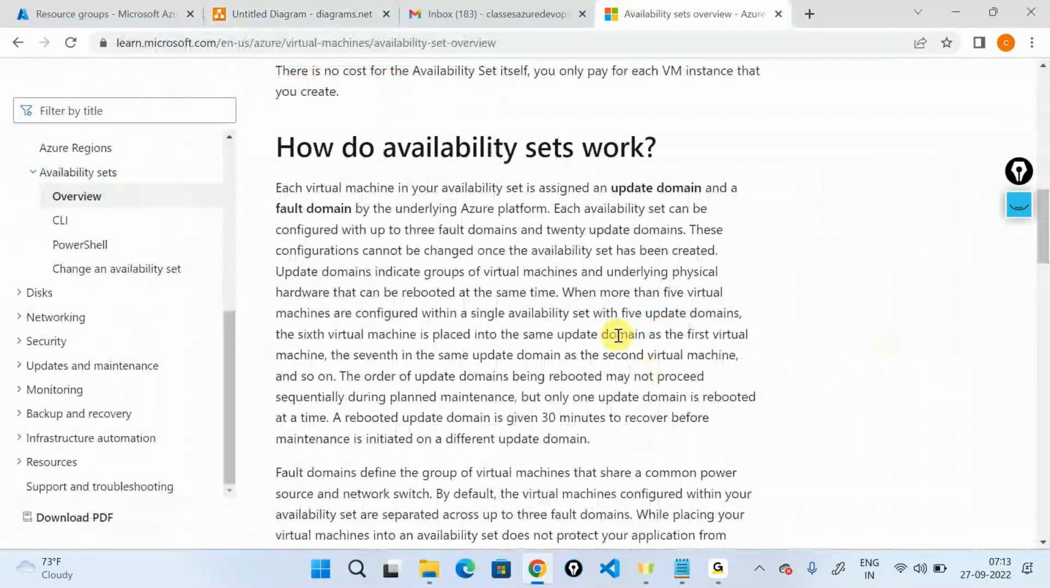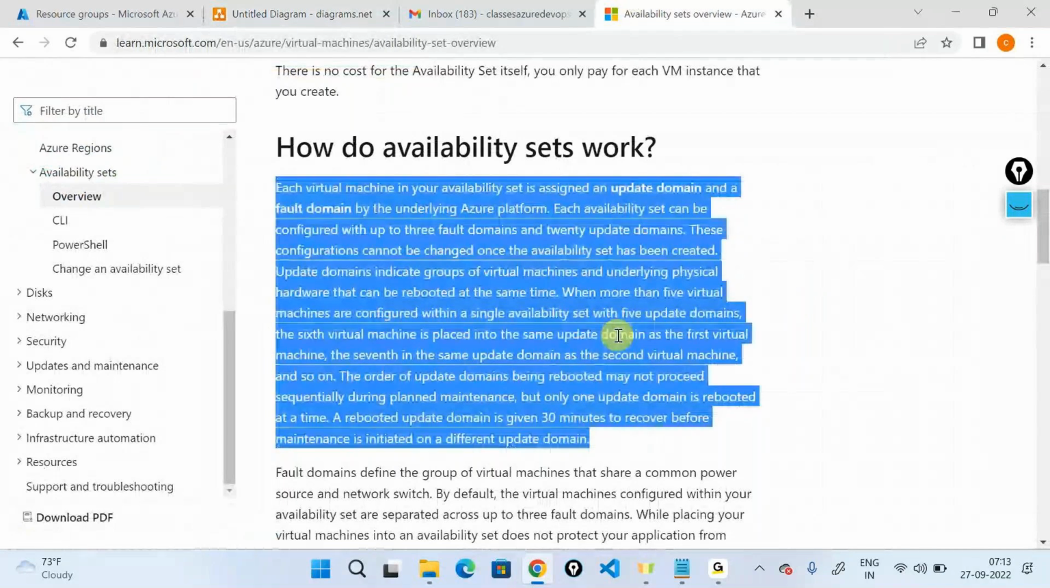Very importantly, the interviewers are going to ask this particular question. One question is enough to break your interview. One question you're not able to answer, it's enough to break your interview out here. Do you see what it is telling you? Fault domain defines a group of virtual machines that share a